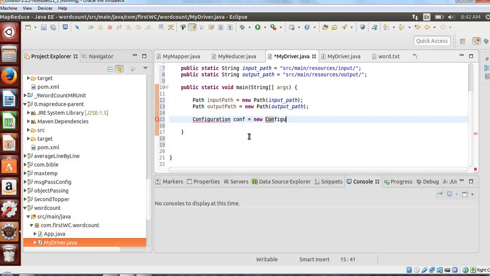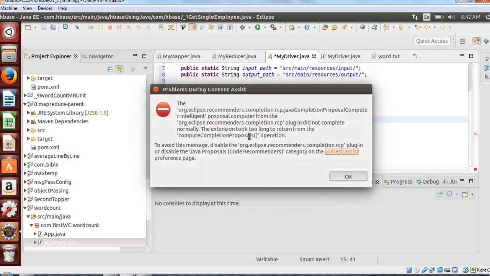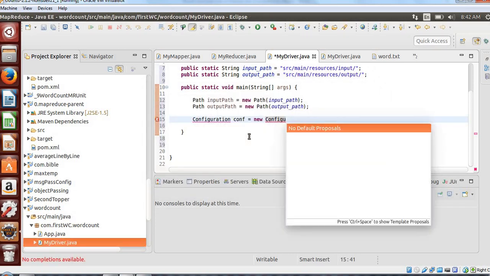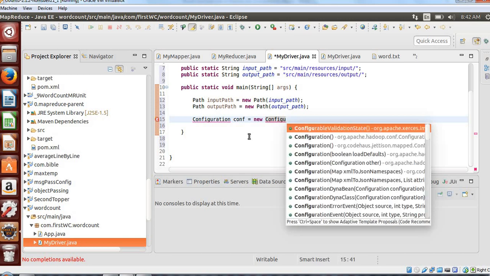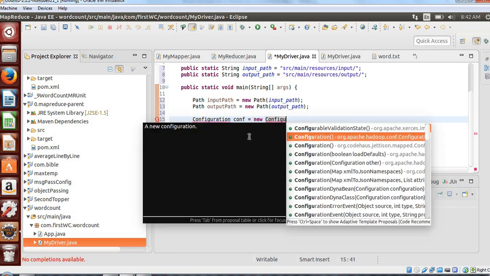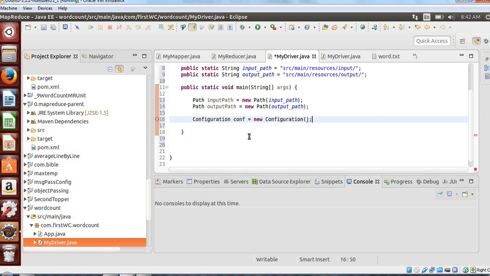I know it's difficult to get all the things at one go. But if you are really into it, if you really start practicing it, you will be able to do that. That's not a big thing. That's what I'm saying. At the beginning, it might look big, but it's not. It's always the same code in the driver at least.